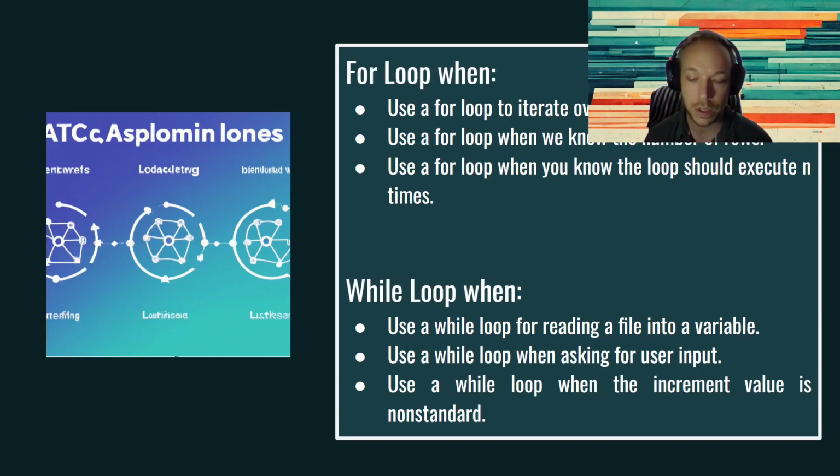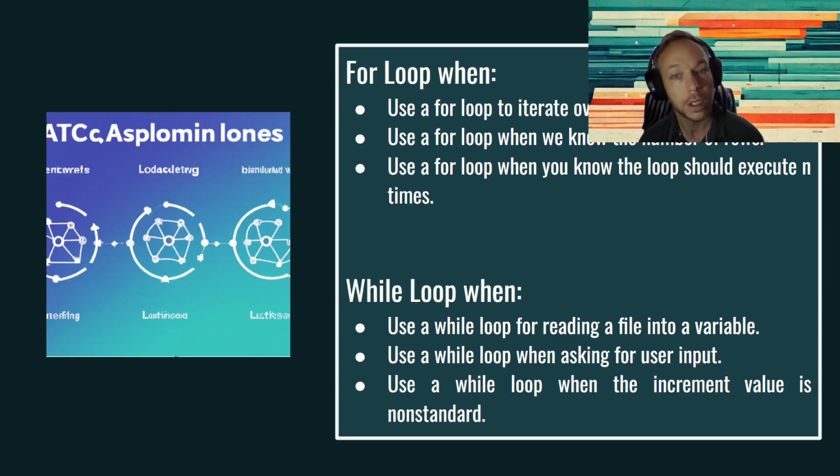I would say a for loop is much more natural for data science because we usually have a set number of data. We have a set amount of information that we want to perform a task or an investigation on. So usually when we should execute a certain number of times, when we know the number of times, let's say we wanted to execute 100 times, we would use a for